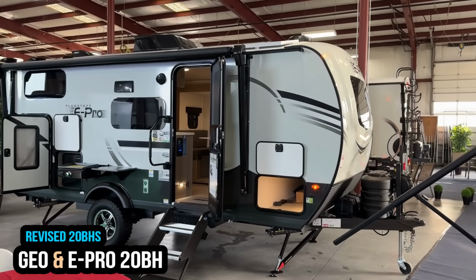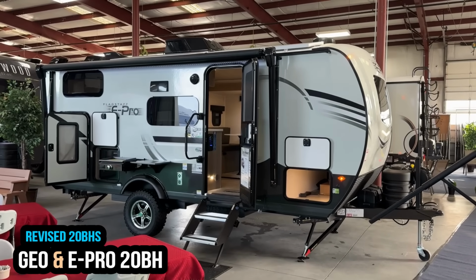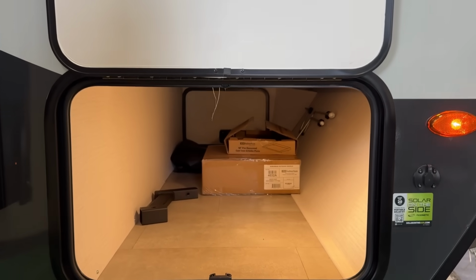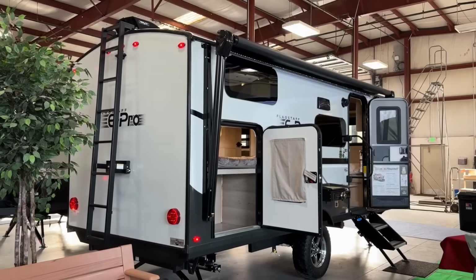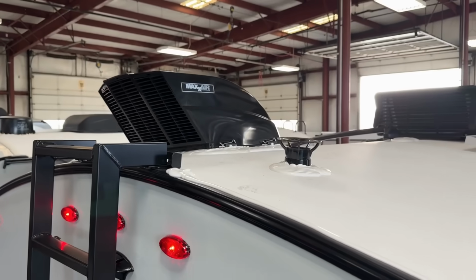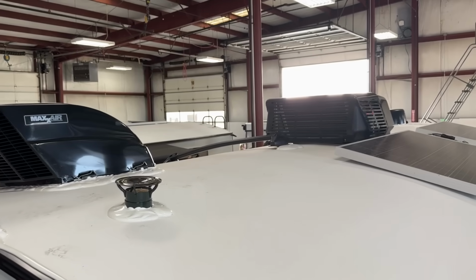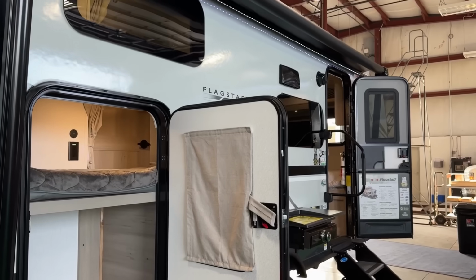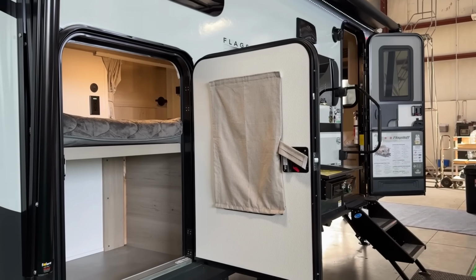They've also done some revisions on some existing models. You will find through this video that's a recurring trend. They took a lot of the stuff that they built that was really good, but had kind of fallen off a little bit, and updated and revamped it. So this was the 20BHS. They made it the 20BH, which effectively all they really did was flip-flop the bunks and the bathroom,